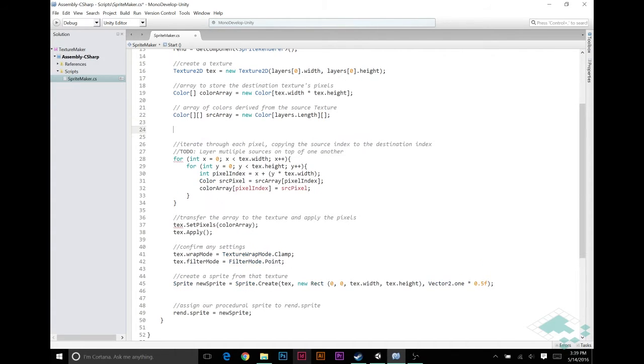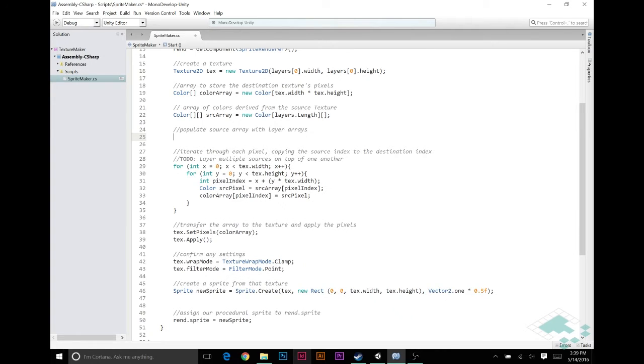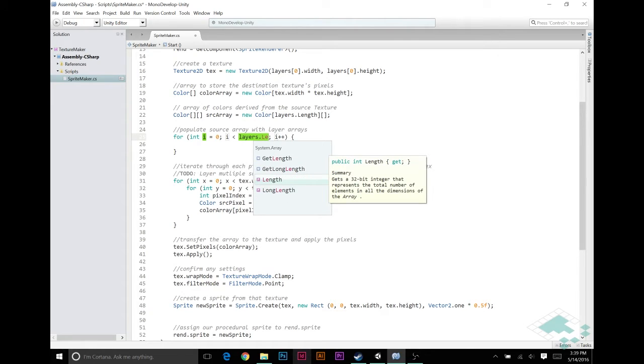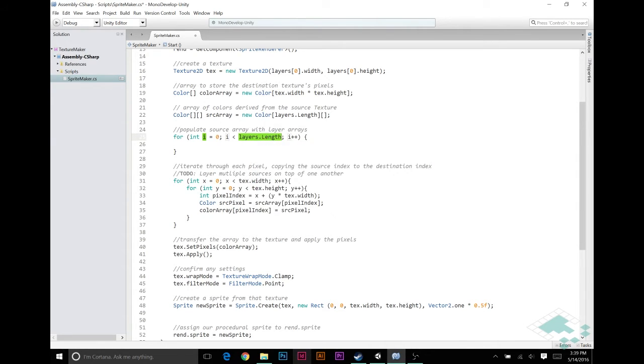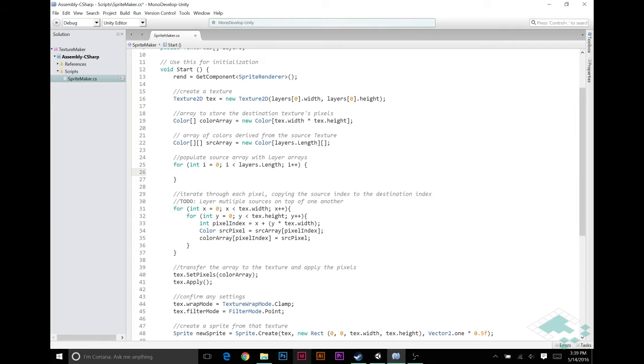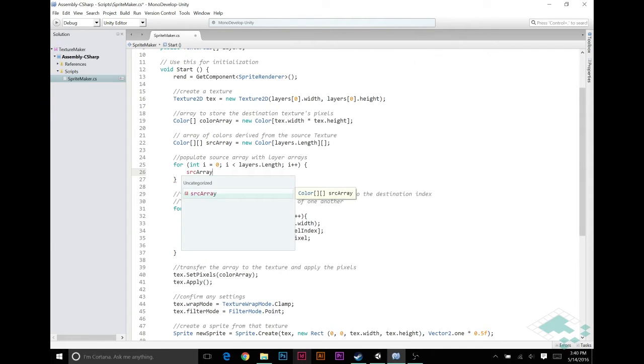So we'll say populate source array with layer arrays. And how we can do that is we'll say for int, actually we can do there we go. Just hit tab twice, makes it a lot easier. And we'll say for I equals 0, I is less than layers.length, I++. So what we're going to do is iterate through the layers up here. For each layer that we have here, we are then going to populate the secondary array, if you will. So we'll say source array I